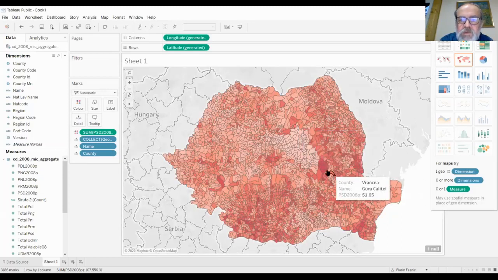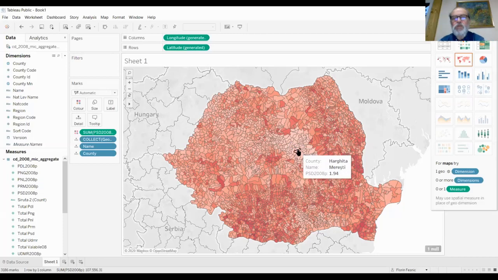It's very dark red for PSD's best results in the 80s and 90s percent, to very light in some counties in Harghita and Covasna, where most of the voters are Hungarians and they vote with their own party, the Hungarian party.